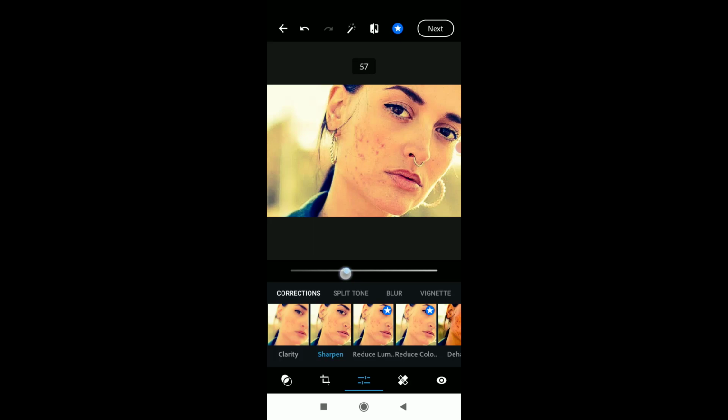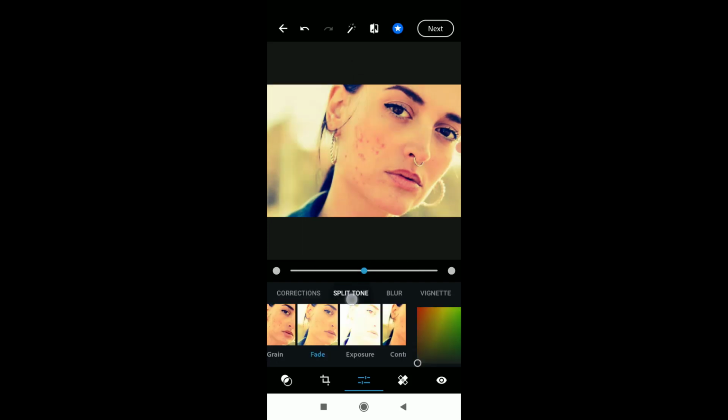I can add more green. If I want to add green to it, I increase it. You can see it's having some green on the surface, and I can reduce the green. I can actually take it off. I can make it fade as well. You can see it. So you can do all that correction